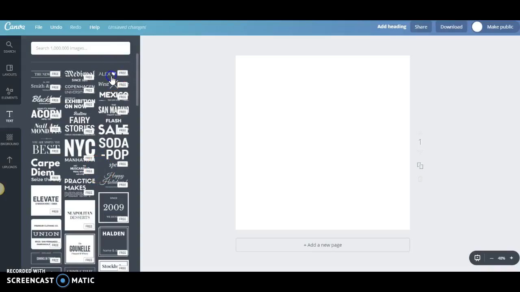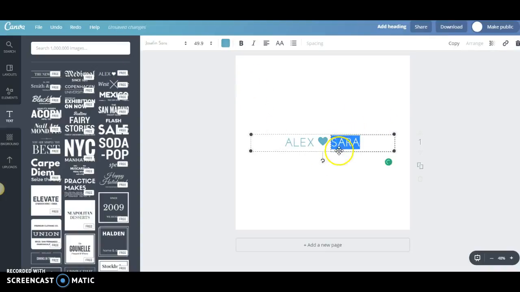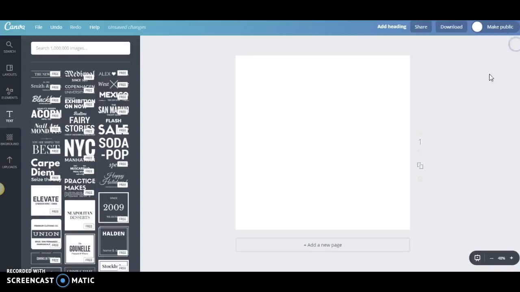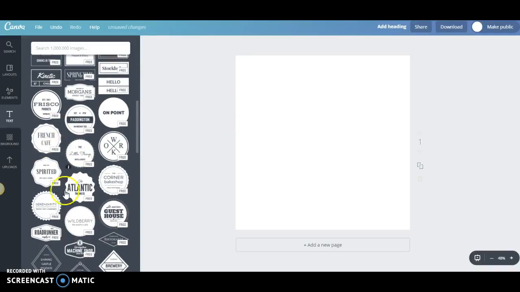I mean, look at this one, super cute. You can change the font, the color. I really like that one. Those are more text-based, or you can come down here and get one that's more badge-based, and this is kind of what we're going to do today. So I'm going to choose this one here,